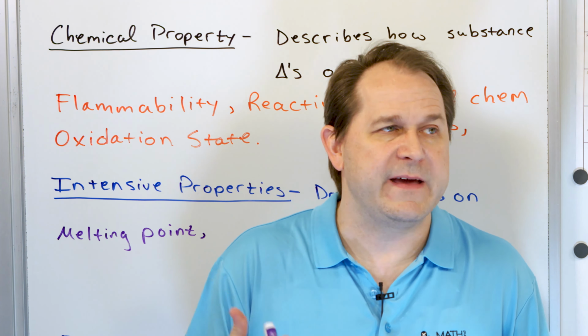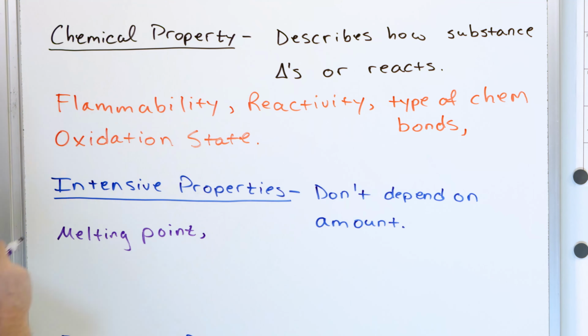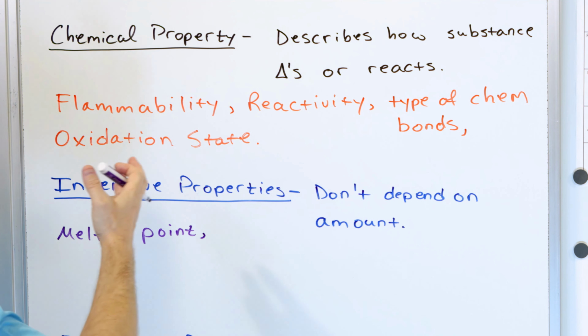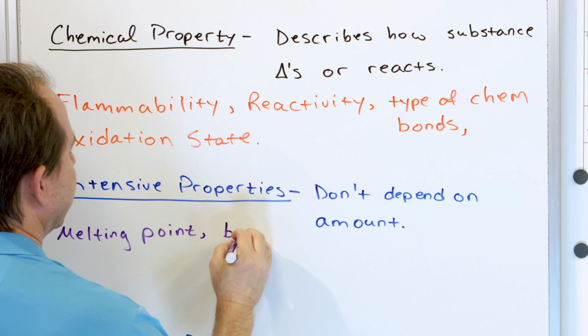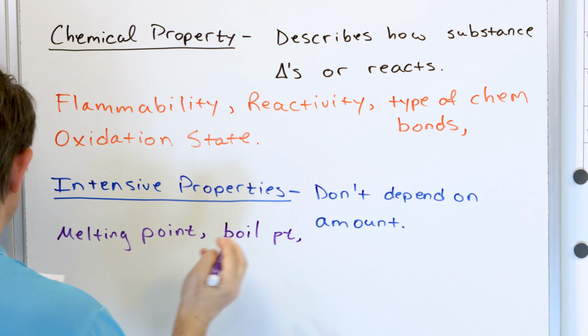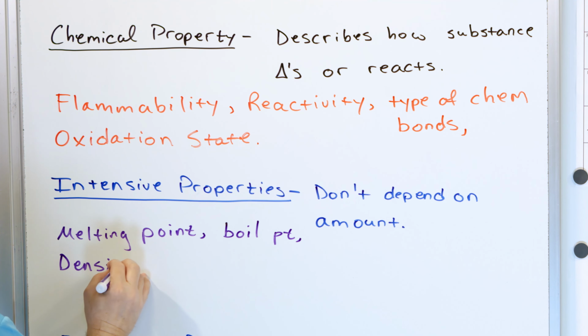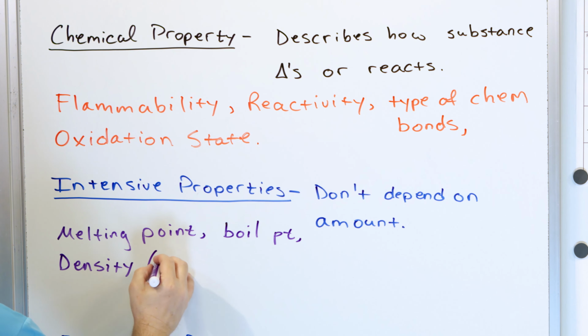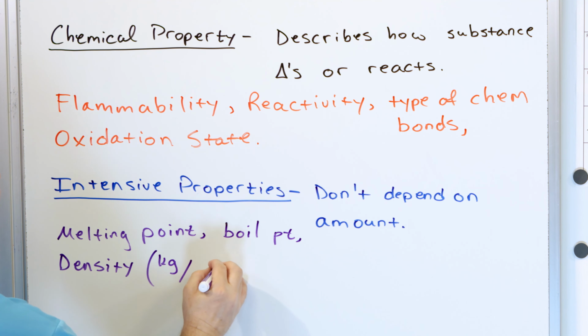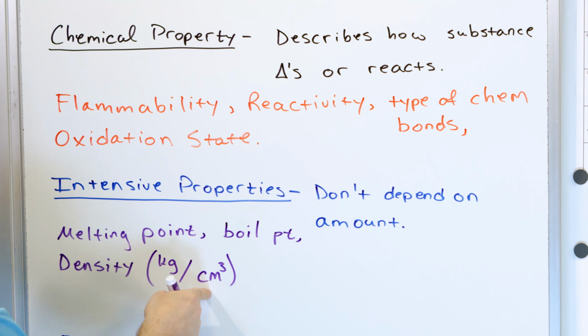You know, most things you might think of are actually what we call intensive properties. Melting point, boiling point. I'll just put here, boiling point. Right? What else do we have on our list? Density. Because the units of density, we're going to talk about later, are kilograms or some kind of mass unit per cubic centimeter or cubic meter, some mass per unit volume.